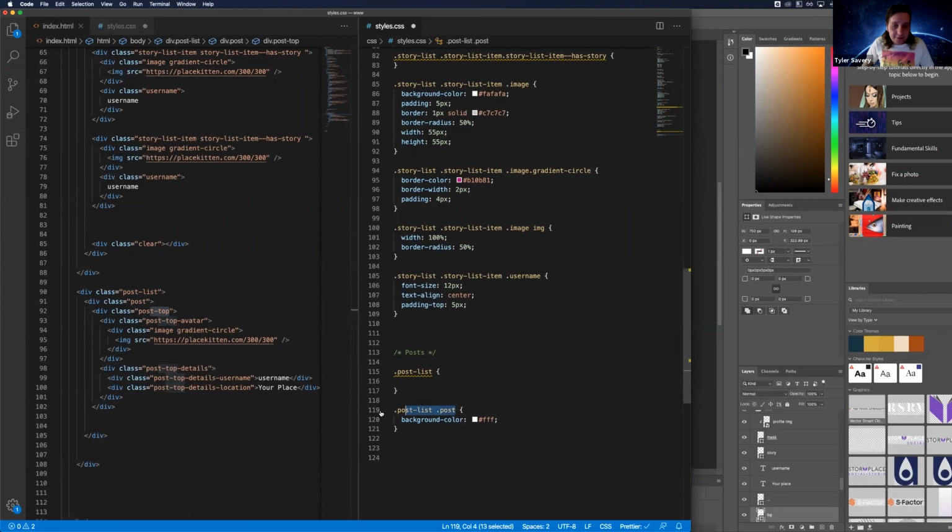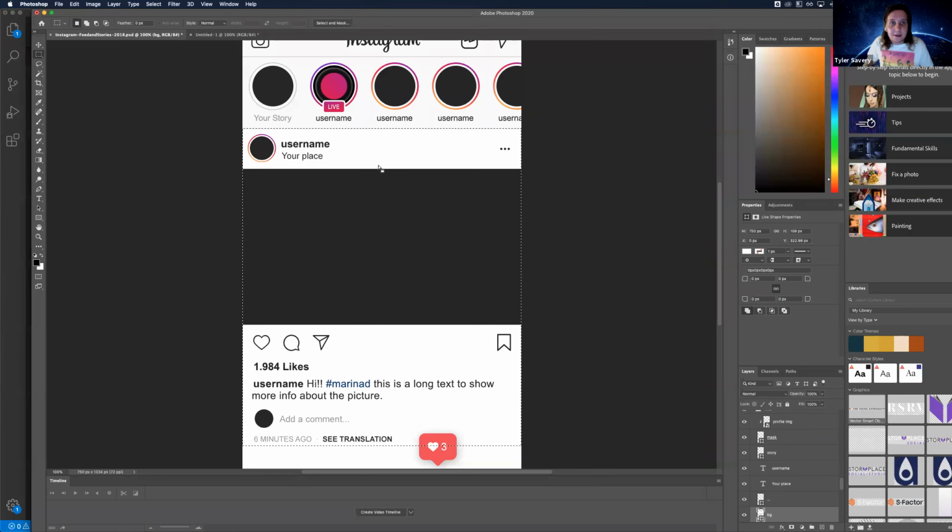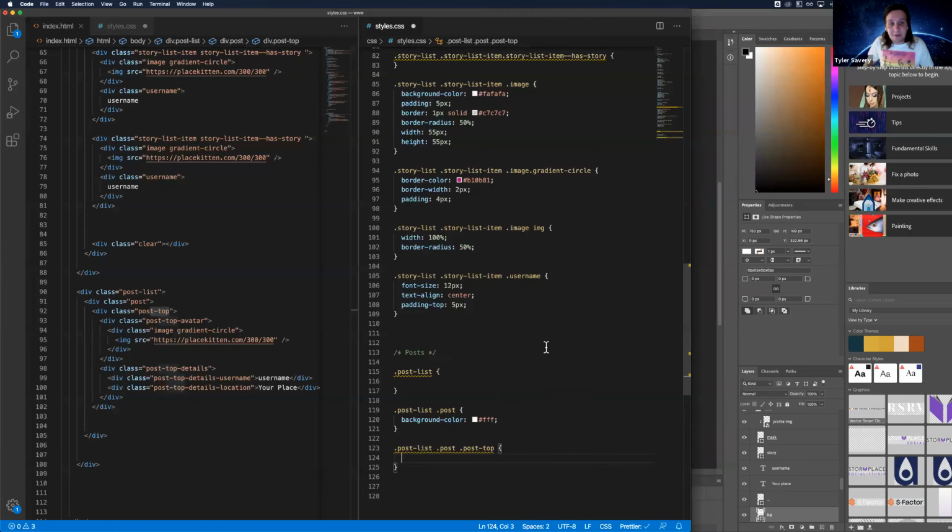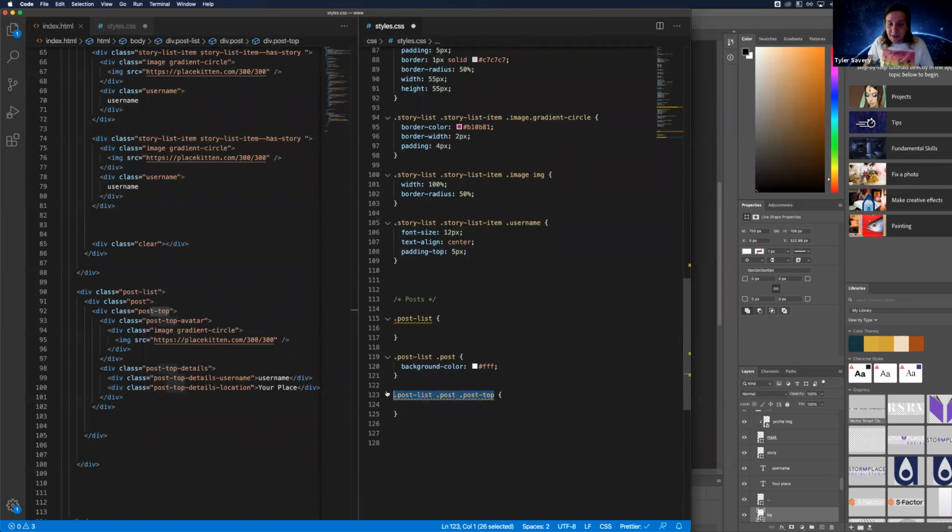And then what's next? So not much to do there. It's kind of just a container. Post top. Similarly, not much to do with that. It's just a container. I'm still stubbing them in. It's just good practice. And in post top avatar,